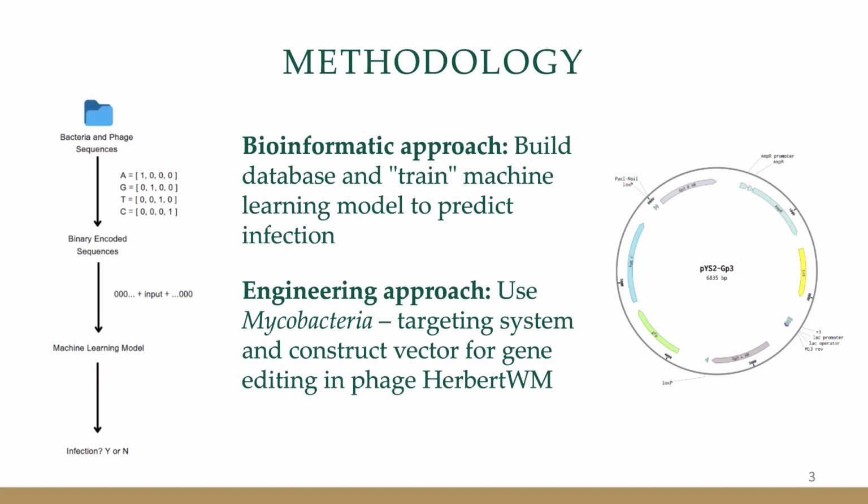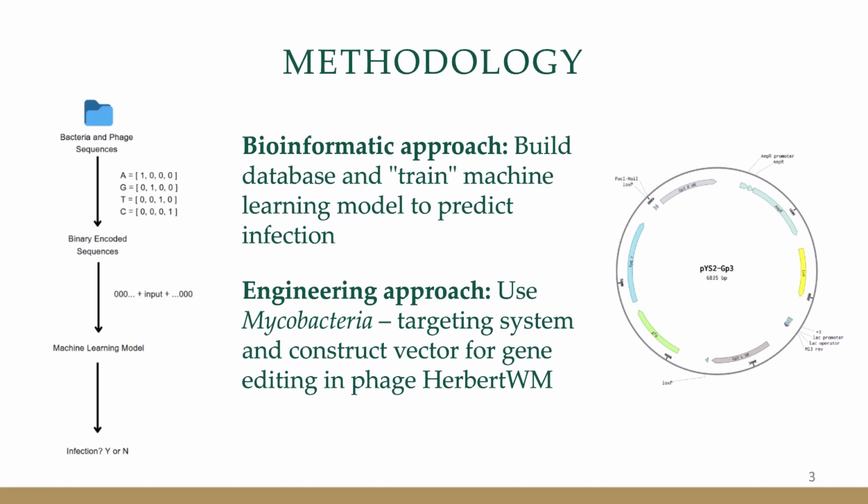So on the left here is the pipeline for usage of the model. You would take a bacteriophage raw genome sequence, AGTC nucleotides. Those are encoded into binary zeros and ones, and then they are passed through the machine learning model that has been trained on my data set. And then it spits out a number. It's somewhere between 0 for no and 1 for yes. Basically, it gives you a probability of whether or not that phage that you have input is able to infect